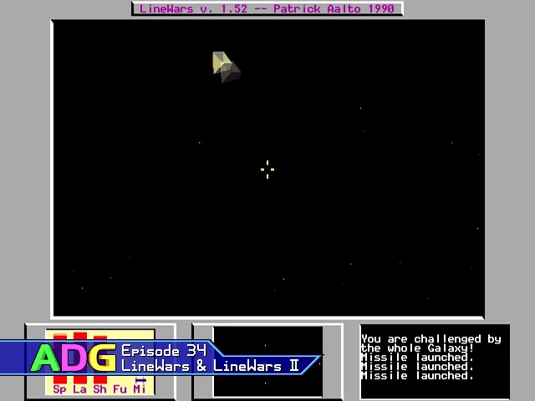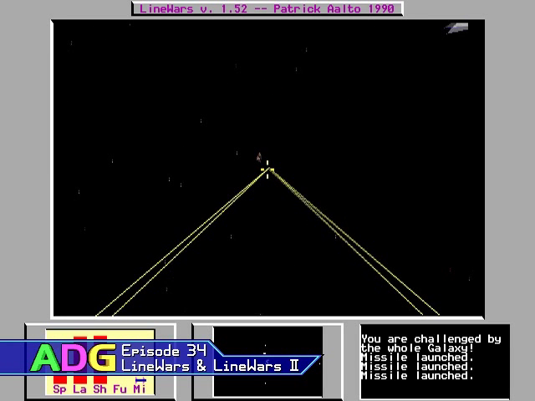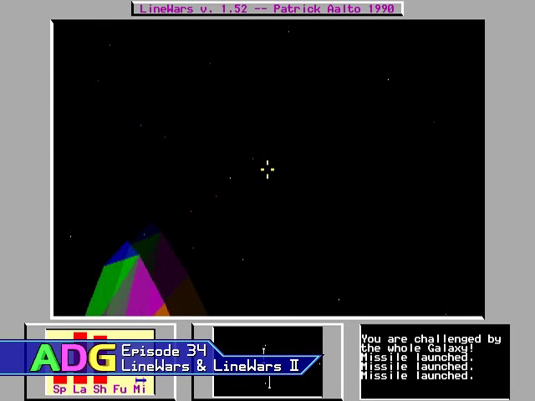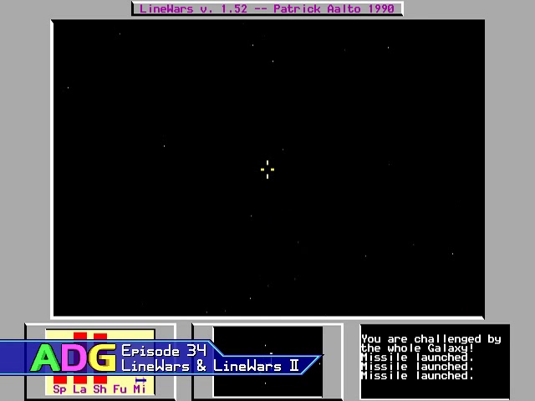Unlike Elite though, which has an elaborate trading system, jumping between star systems, docking with star bases, etc., Line Wars is nothing more than shoot to kill. To do this, you get a laser system and a set of 4 missiles, which you should actually save for emergency situations only, since you can't replenish them. Survive as long as possible and get as high a score as you can, even though the score isn't shown